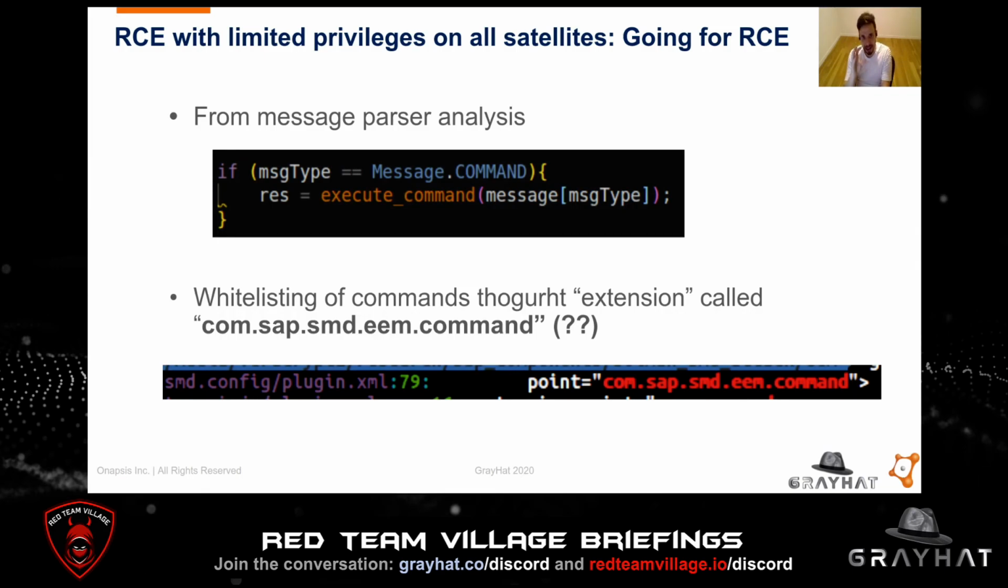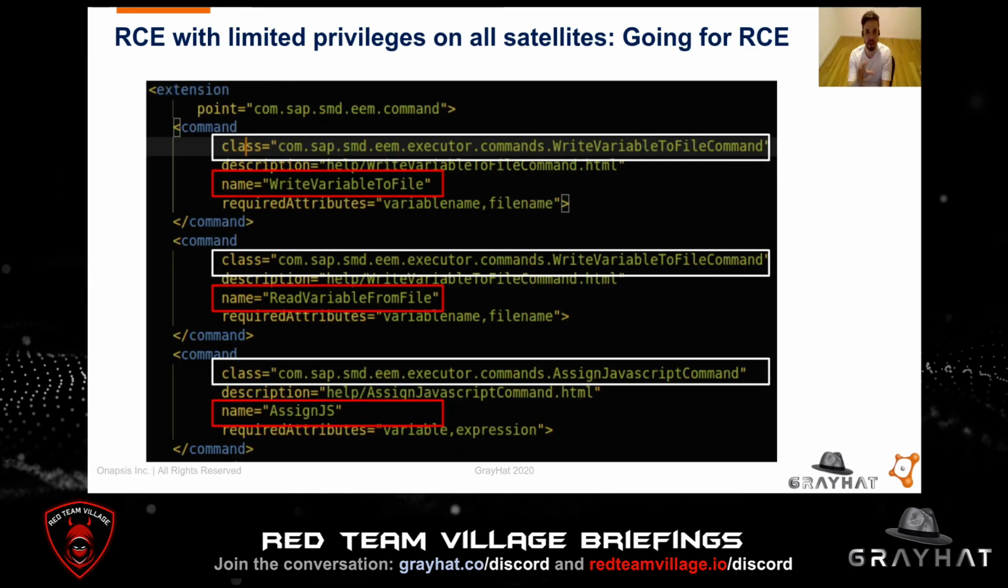Once we found this message type command, we went to the parser and understood what it was doing when it received a message of type command. We saw that it was executing a command provided by parameter inside the script, and all these commands were part of a whitelist. The only commands that could be executed were part of the whitelist defined in a kind of extension. At that point, we didn't know what an extension was, but we just threw a grep in the